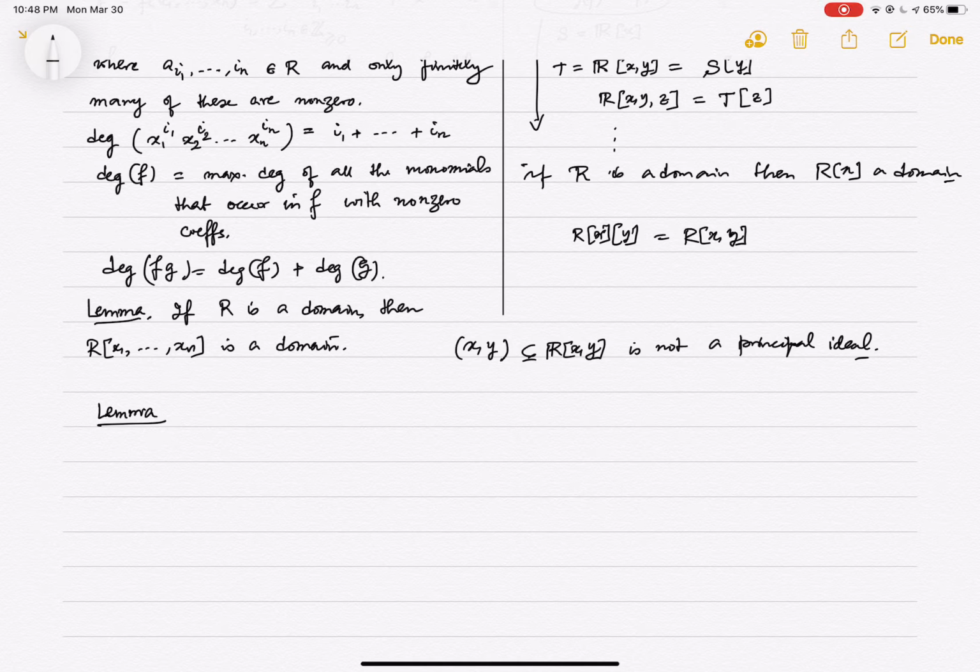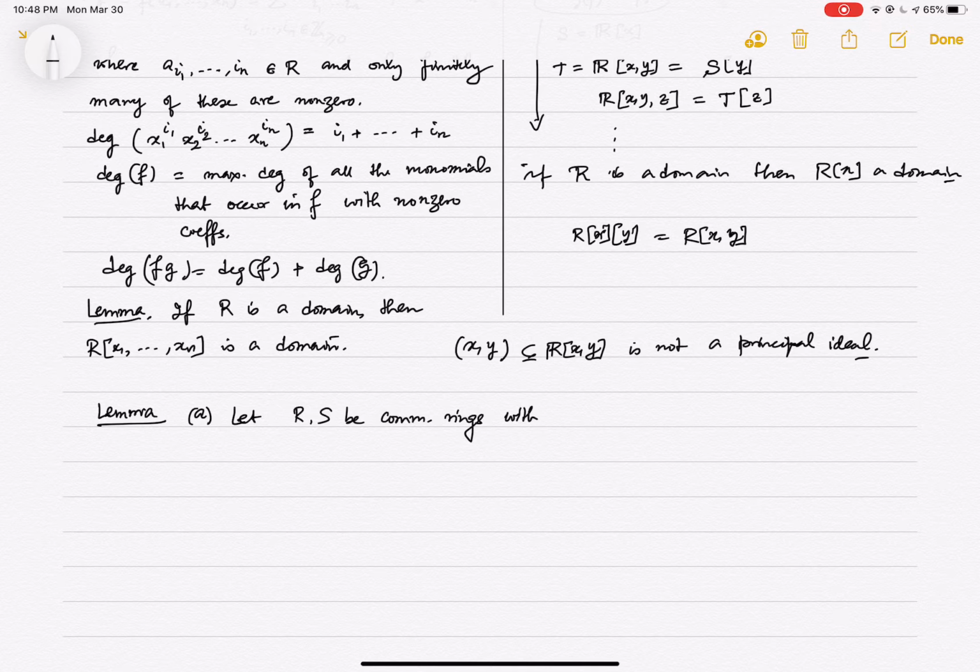Basically, the upshot is that constructing homomorphisms from polynomial rings is easy. You essentially have to just say where the variables go. So I'll state the most general thing first, and then parts B and C will be special cases. So let R, S be commutative rings